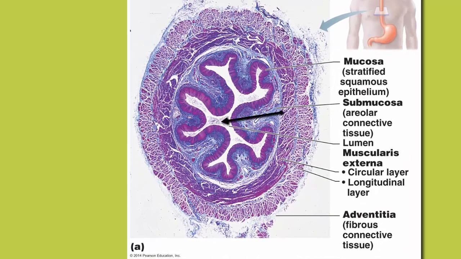Now let's grab my trusty arrow again and turn it black this time so that you can see it better. And we'll start here again in the lumen. So let's start here with the mucosa, and then we'll move down into this area. This is the submucosa, and when you see glands, you'll know that you're in the submucosa. And then we have two very large layers of the muscularis externa,